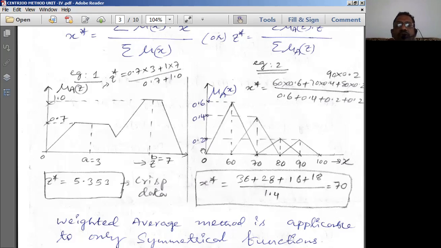This path I am going to get 0 to this value 0.6, then up to here, then this value, then this value, then this value, then this value, then this. So that means this is going to trace out. When you trace out, all this is going to be the resultant union of all these triangular fuzzy sets. Okay, anyway, this is what the two sets given to us.